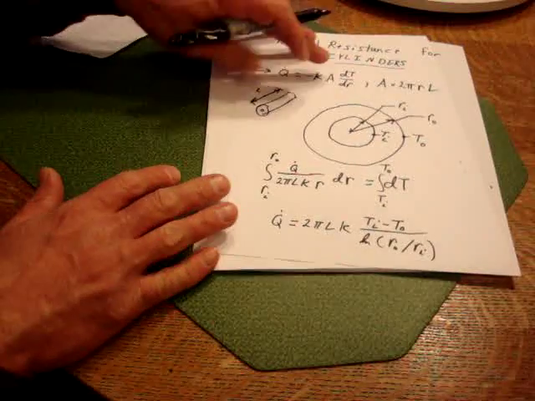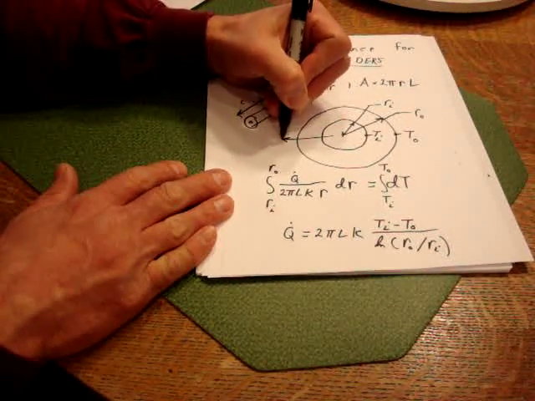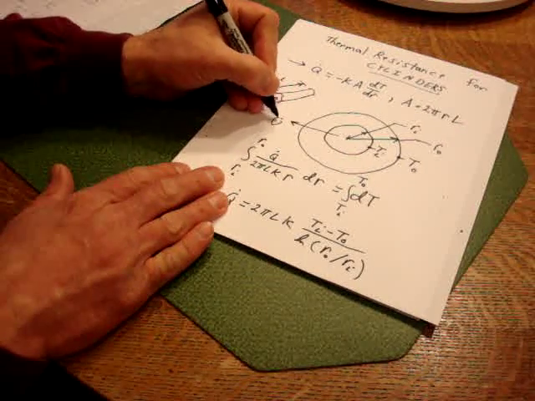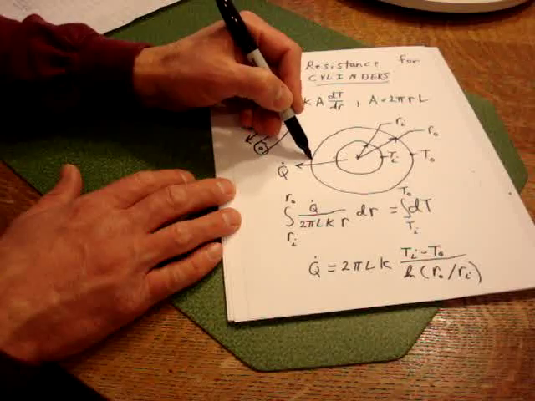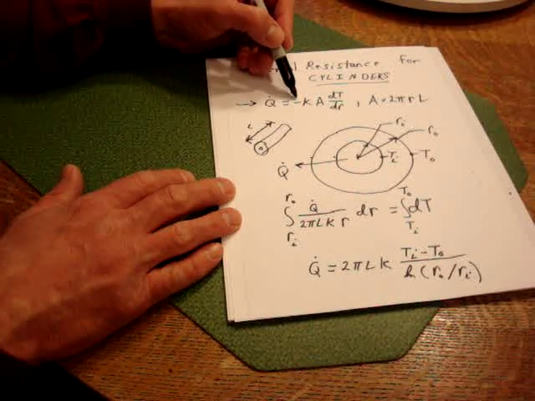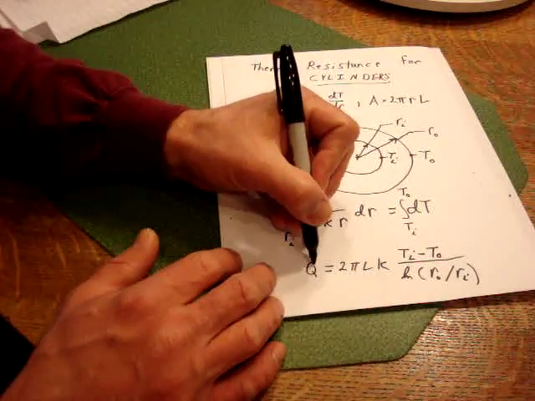Now here again, we're assuming the heat transfer is going from high temperature to low temperature. So we'll just say Q dot is going in this direction, which would obviously mean that the T on the inside is hotter than T on the outside. And here again, that's why we have the negative K here. Alright? So with this equation here,